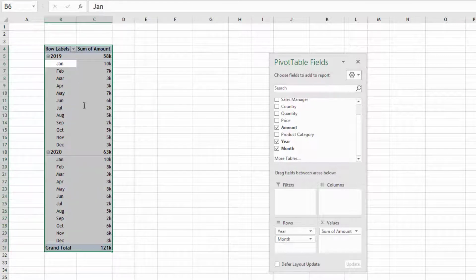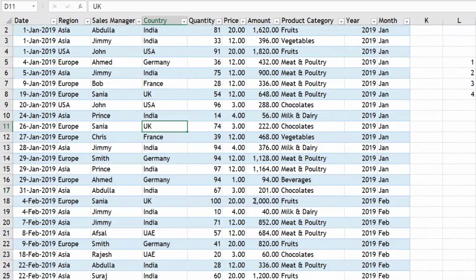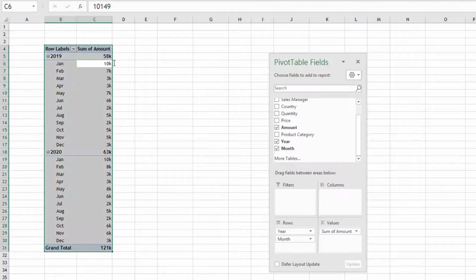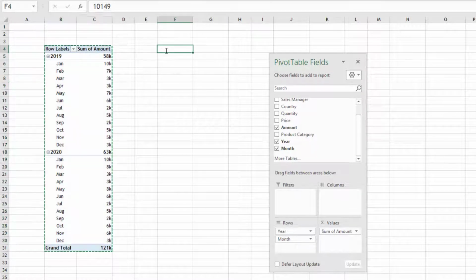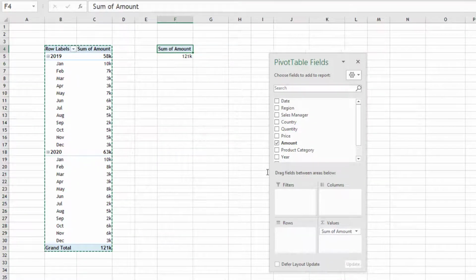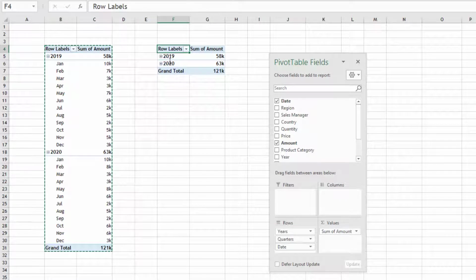Second one is, if I go back to my dataset, second is, how is the share of region sales changing by quarter. So Control A, Control C, Control V. In this I will remove my year and quarter. Let's say I can bring dates also here, and this is just to show you that inbuilt grouping capability of Excel 2016 or 2019.